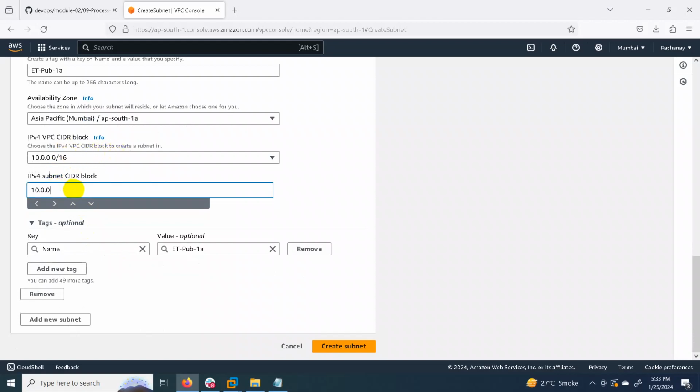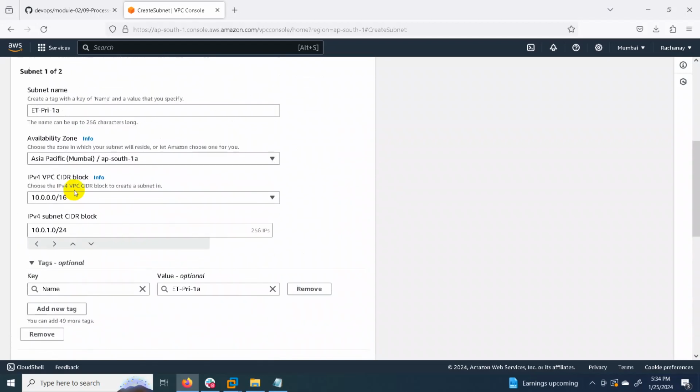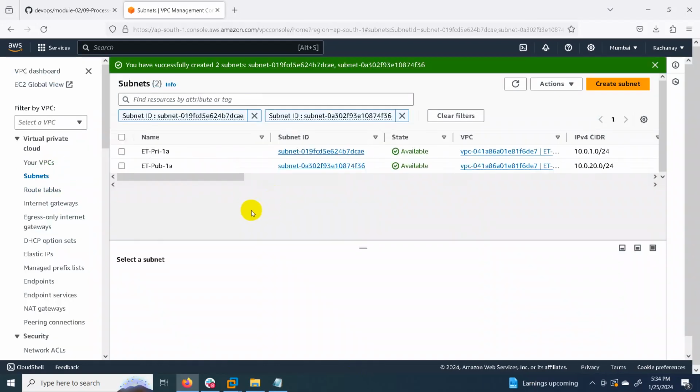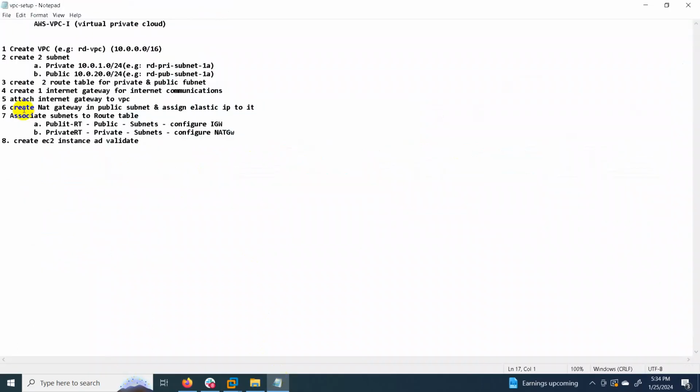This is the second subnet, so the block is, let's say, 20.0/24. Like this, we have created two subnets. These two subnets are created. After creating the subnets, we have finished this step.